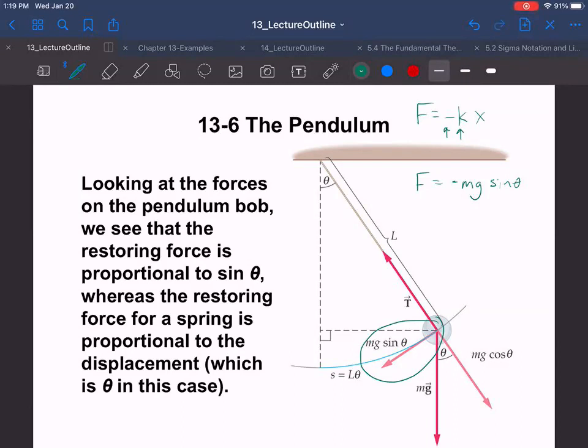Sine theta? No. No, it's not. Uh-oh. This does not fit Hooke's law. This is not simple harmonic motion. That's not good, right? Since that's what we're talking about. Well,